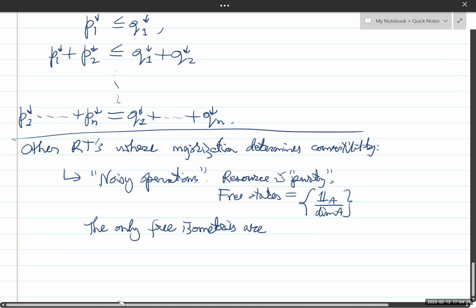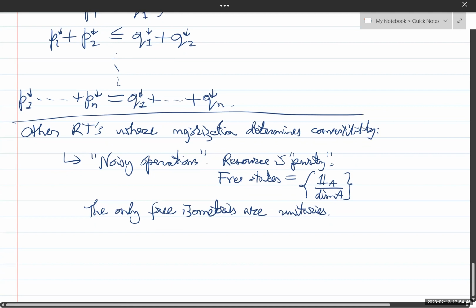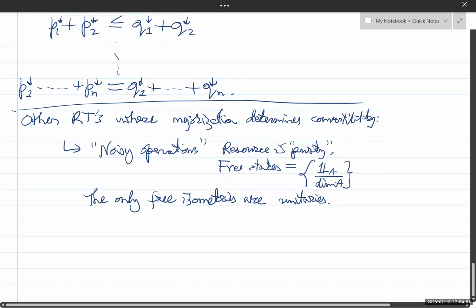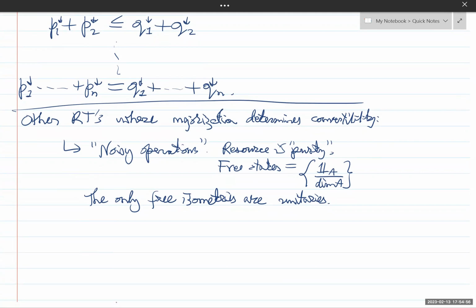Just stuff that can't embed the given state in larger systems. So a generic noisy operation looks like: you take rho, let's say rho A, and you map it to